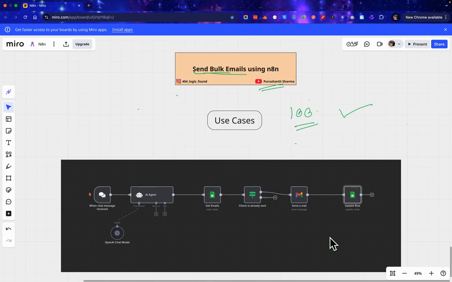Before I actually start creating the workflow, let's discuss the use cases very quickly. You can use this workflow for event invitations. Suppose you have a list of email IDs. Now instead of sending them mail one by one, you can send mail to all of them within a single click. Like hosting a webinar, workshop or meetup, bulk emails help you invite your entire contact